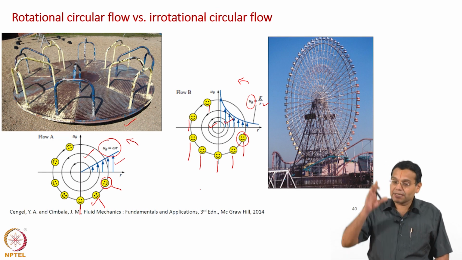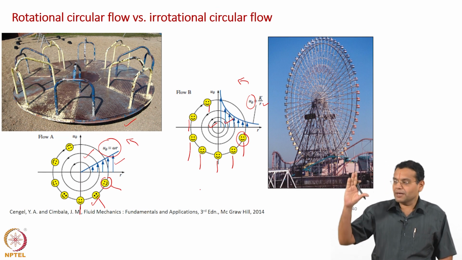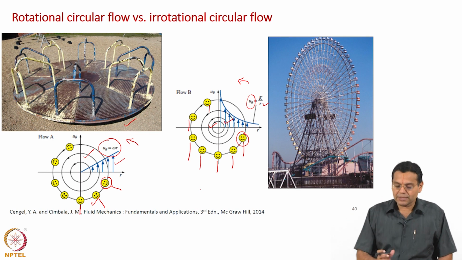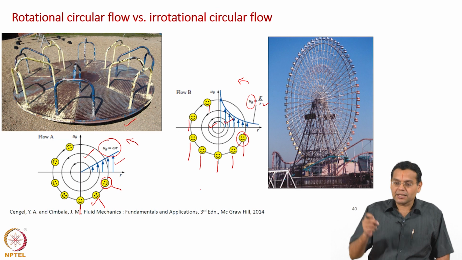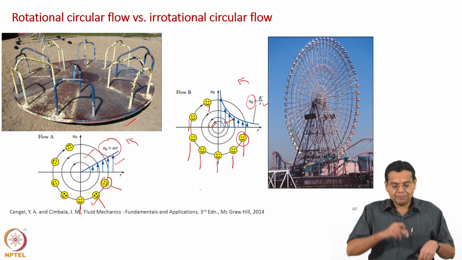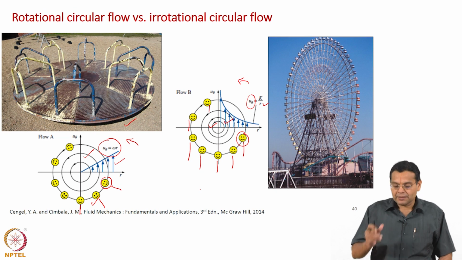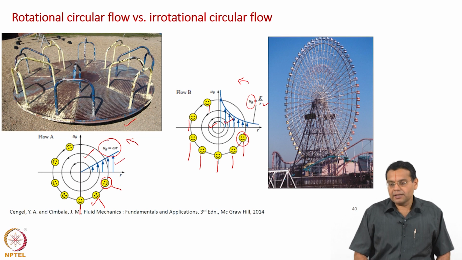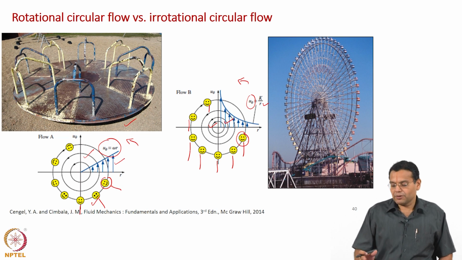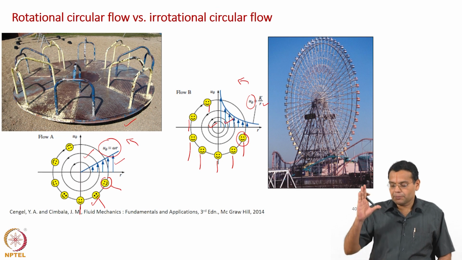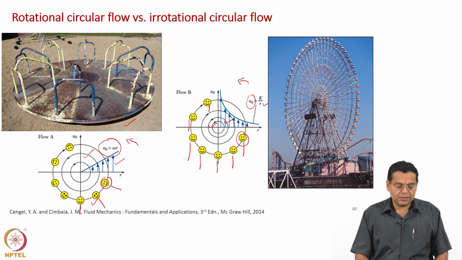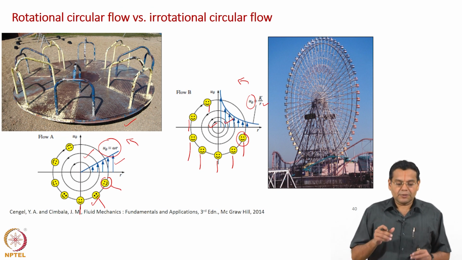So, in this case once again it is circular flow, but the fluid elements always remain upright. So, this is an example of circular flow that is irrotational. The first case is circular but undergoes rigid body rotation. In the second case, the orientation of a fluid element always remains upright, or in the giant wheel, the position of the people sitting in every basket remains upright. So, this is a good example to distinguish between rotational circular flow and irrotational circular flow.